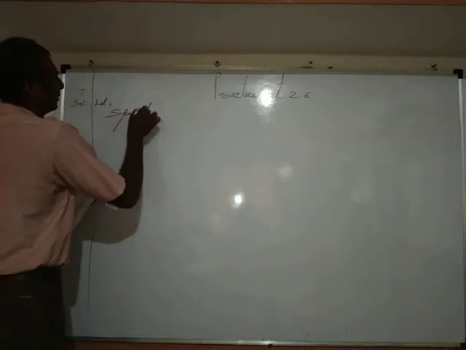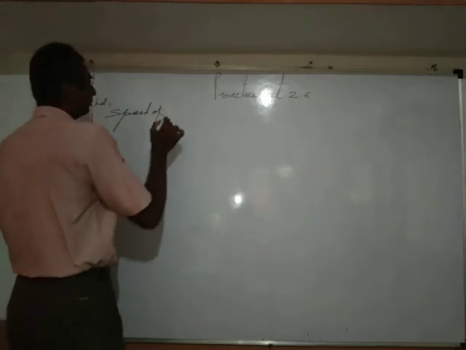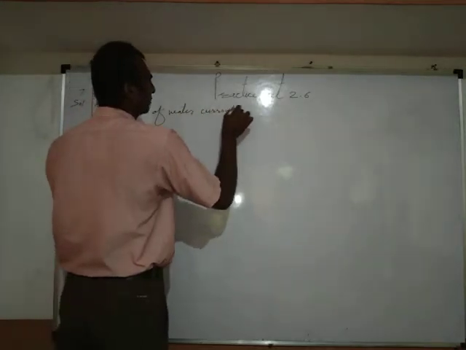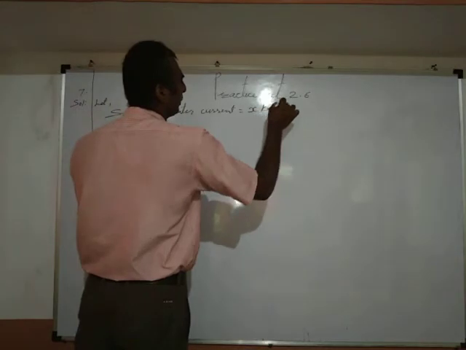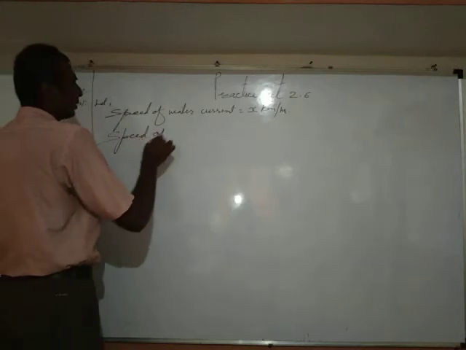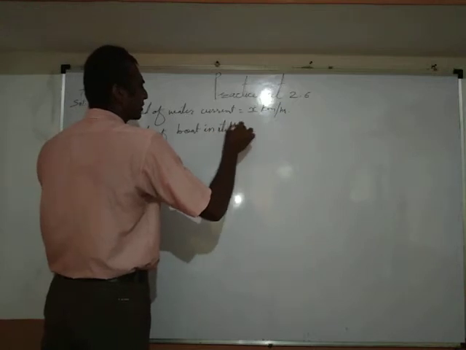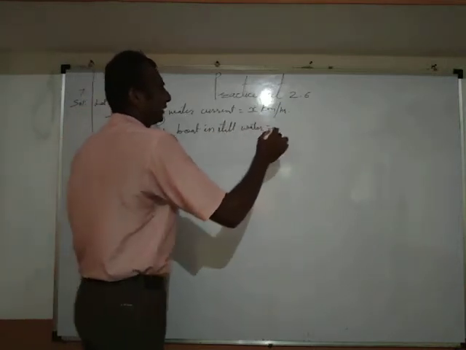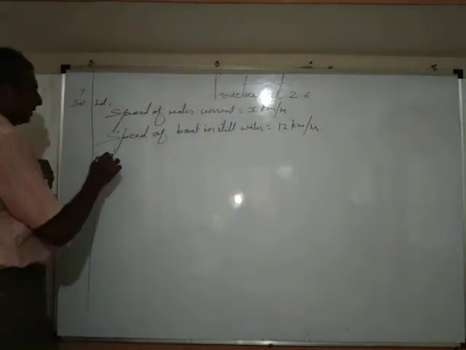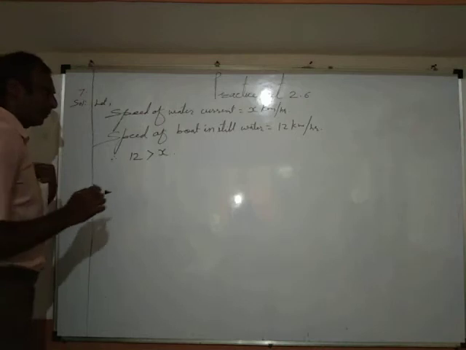the speed of water current equal x kilometer per hour, and the speed of the boat in still water, which is given as 12 km per hour. Obviously that 12 must be greater than x, okay, and therefore